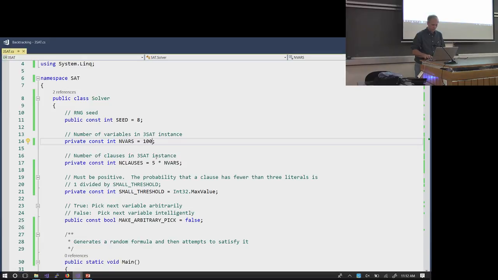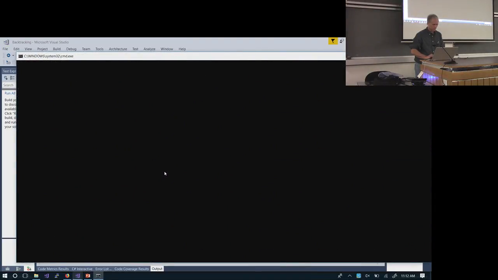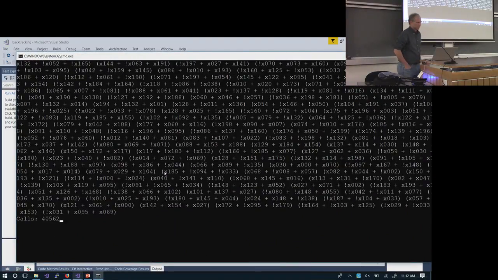So let's go up to 200. Should we decrease the number of clauses too? Yeah, we could mess with it, but this becomes easier and easier to solve with constrained problems. This is probably going to be too many for it. I'm only willing to wait for a certain amount of time. Okay, there's plenty of room to improve this, but you can certainly see that just that tiny change we made,